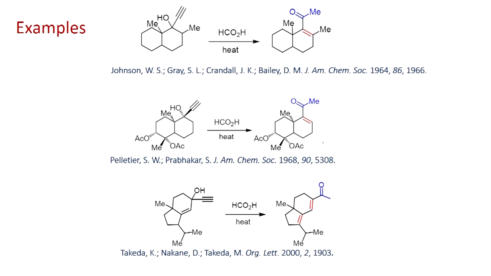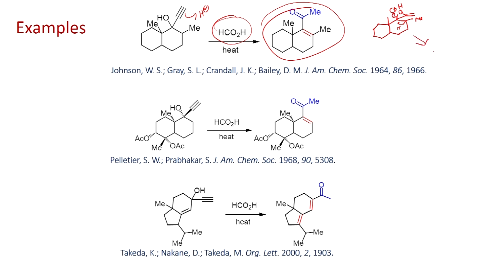So, these are some of the examples. If you look here, this tertiary alcohol, when you react with formic acid, can rearrange to this ketone, as we have just seen. If you react with acid, protonation of this, you will be able to form this intermediate. Once you have this one, now this can open up and you will be able to have